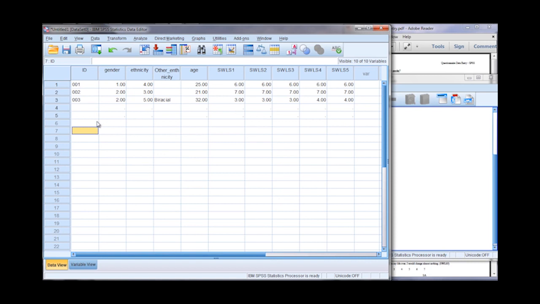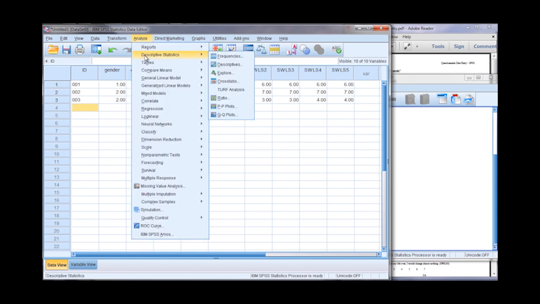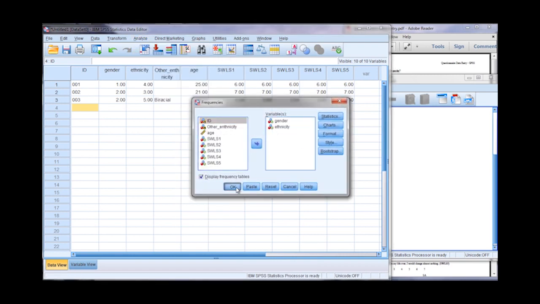Now, we can get rid of that very easily. If we just select and drag on these two rows, on the row headings here, which is what these are called, right-click, select Clear. Now notice the periods are gone. Let's go back and rerun our frequencies. So Analyze, Descriptive Statistics, Frequencies, and then just click OK.